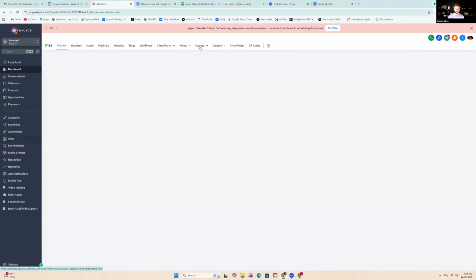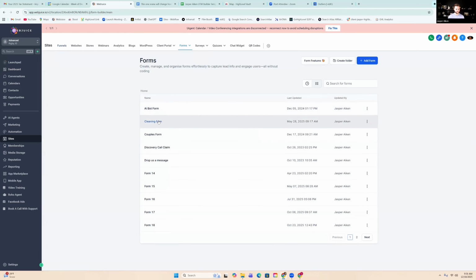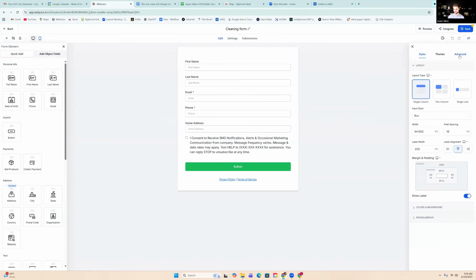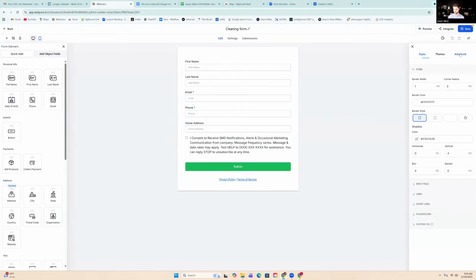So inside of your sites tab, you go to the form builder. Let's say you've built out this form right here, and this is the one that you want people to fill out. And you've embedded this now on your Wix site and you're sending all your traffic and you're trying to get people to fill this out right here. So what you'll do is you'll go over to the form settings, and I think it's under the advanced settings here. And then you'll go down to